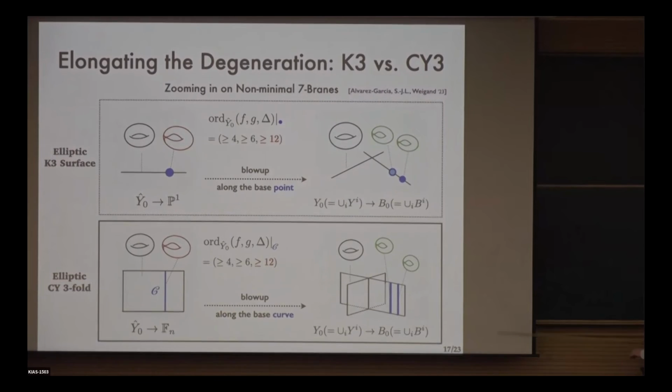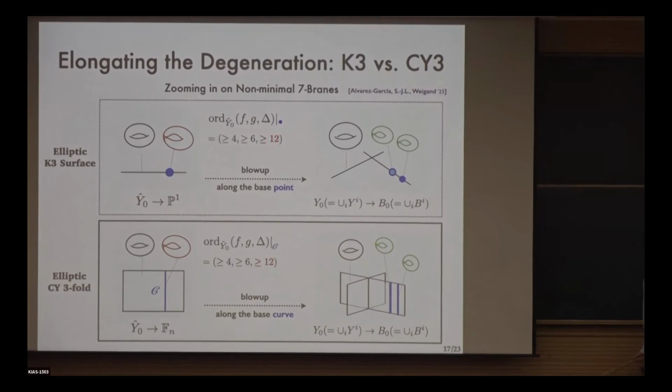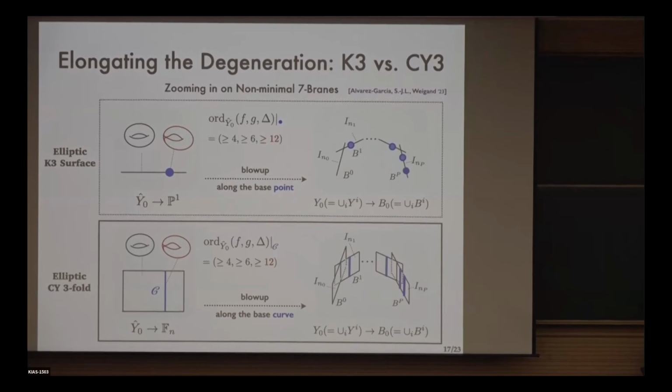And then, just to make the drawing simpler, I just draw the central elements here, forgetting about the other smooth guys. And let's compare the situations better. In general, we may have to blow up several times to completely get rid of the non-minimal fibers. So after one blow-up, we may still have a slightly milder but still non-minimal brane. In each case, we have to blow up once again. We keep repeating, and then in the end, we can get to some degeneration without non-minimal seven-brane stacks anymore. The same here, we can get here. So in general, we have to blow up capital P times, ending up with 1 plus P many components. But that's just something that we can do.